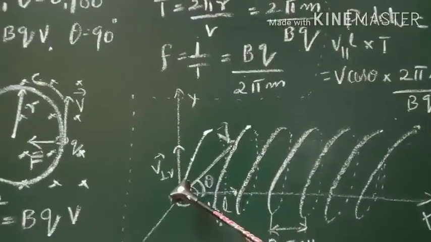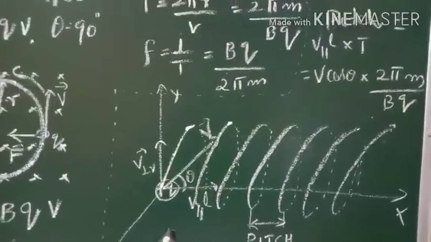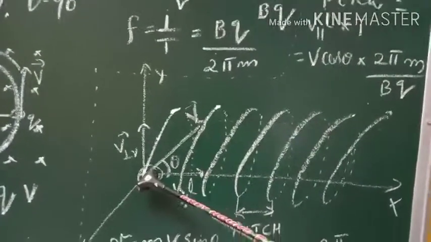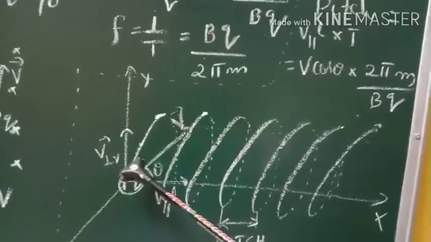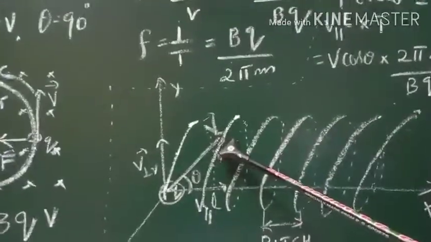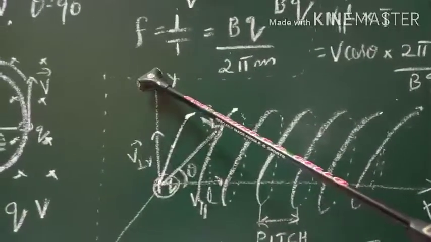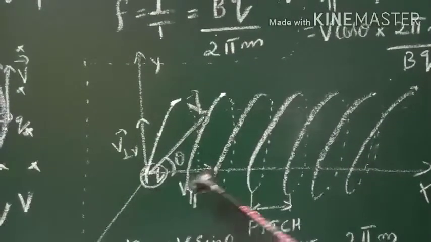Okay, say this is the magnetic field, XYZ direction. Along the x-axis, magnetic field is there. The particle is entering with the velocity at an angle theta with the magnetic field. So this V we can resolve into two components, V cos theta along the field and V sin theta perpendicular to the field. Okay, so first you consider this V cos theta component.